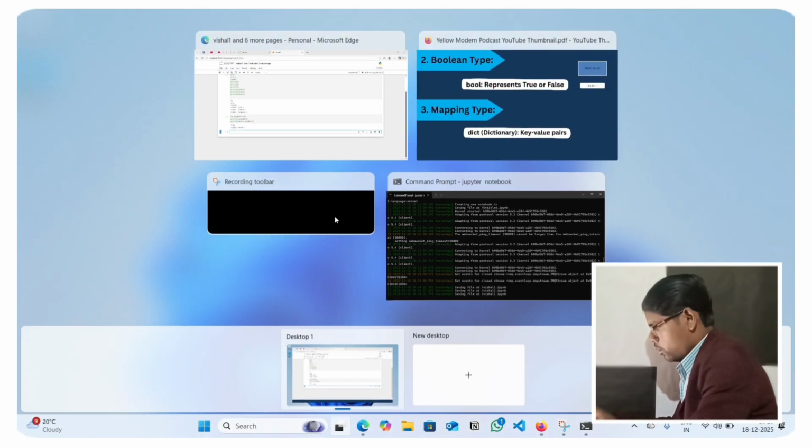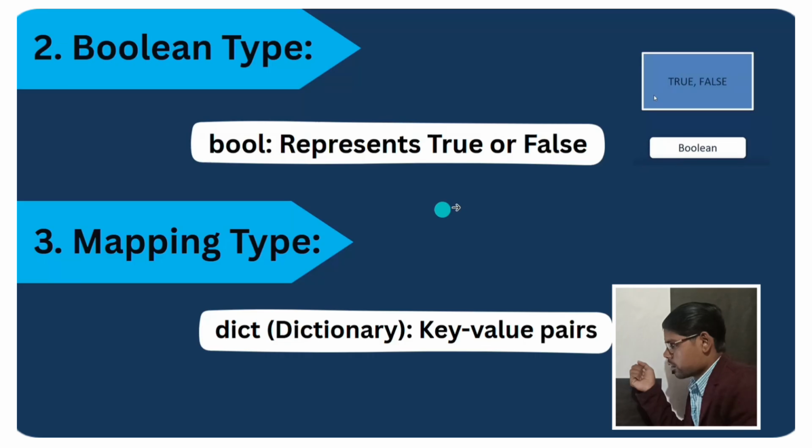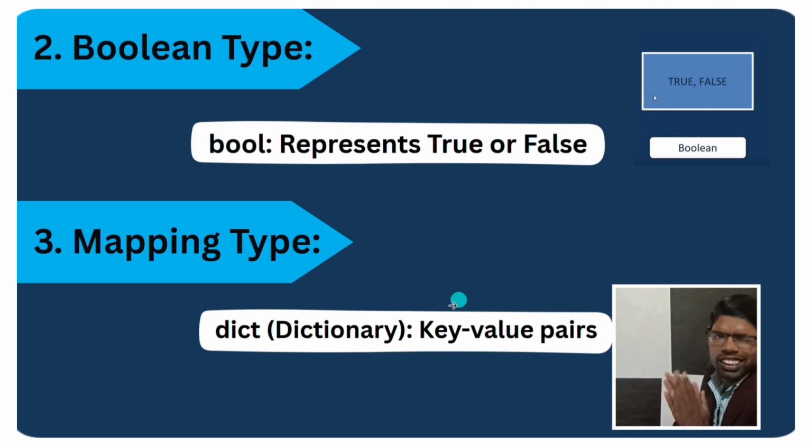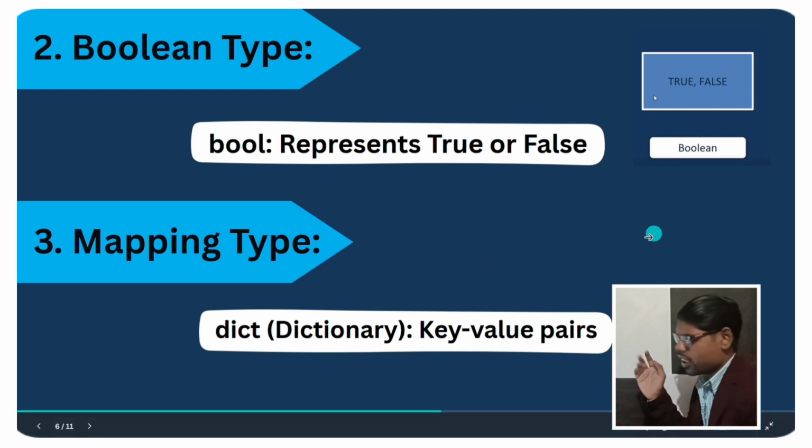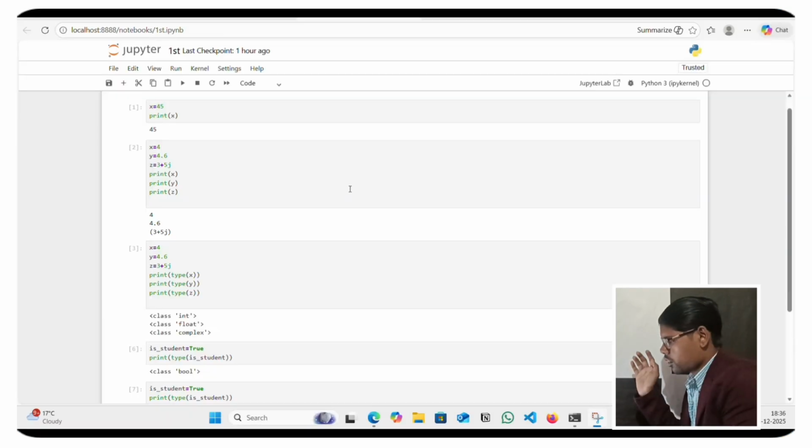And third, the mapping type, like a dictionary. The mapping type, like a dictionary, stores the data in pairs. Just practical, and I will understand.